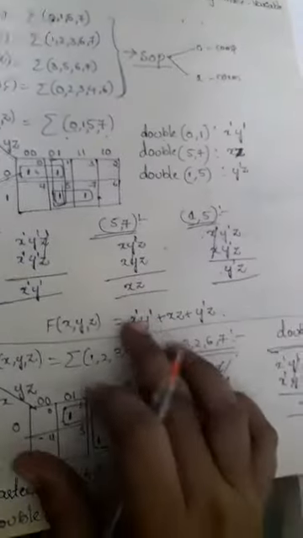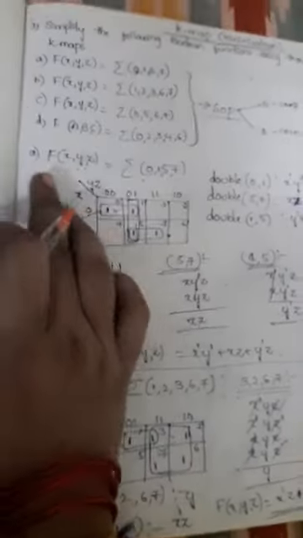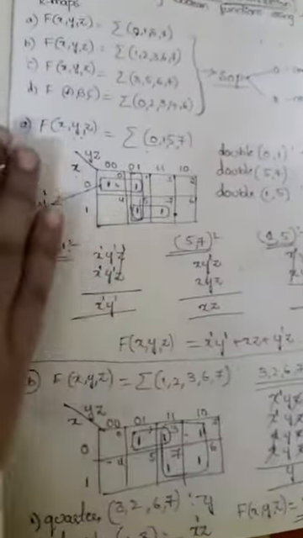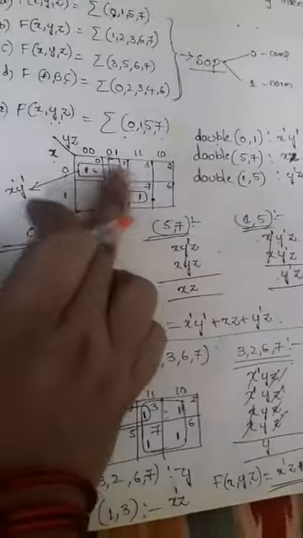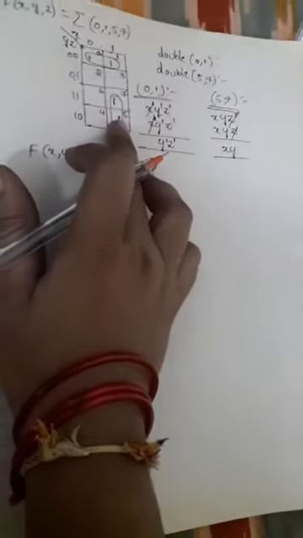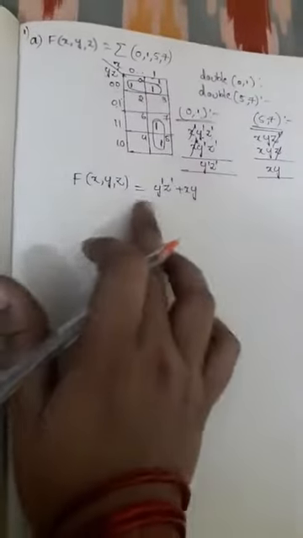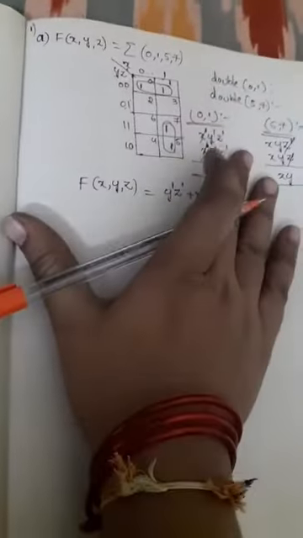Is it equal or not? Check it first: the horizontal prime implicant result and the vertical prime implicant result, are they equal or not? The problem is the same, but if you take the horizontal K-map, then we get 3 doubles, but in vertical we get only 2 possibilities. So this is the prime implicant result for horizontal and this is for vertical. This is what changes.